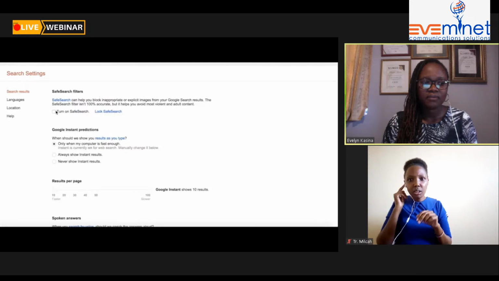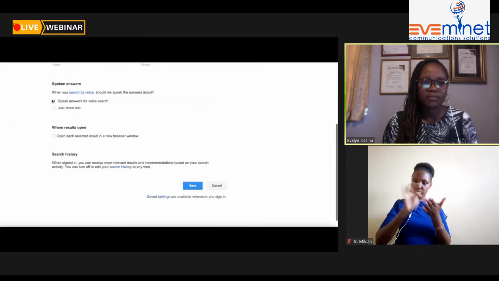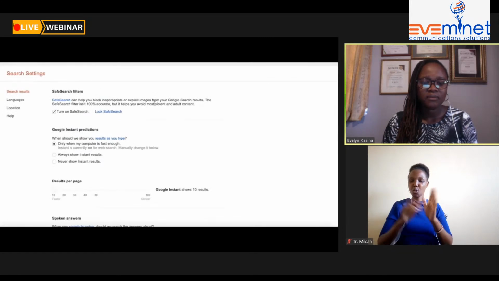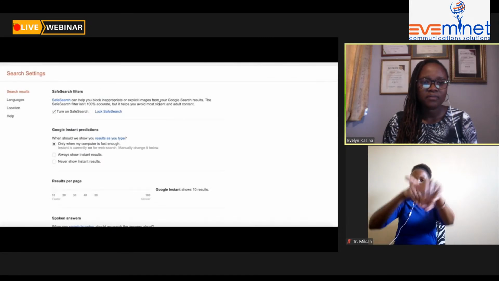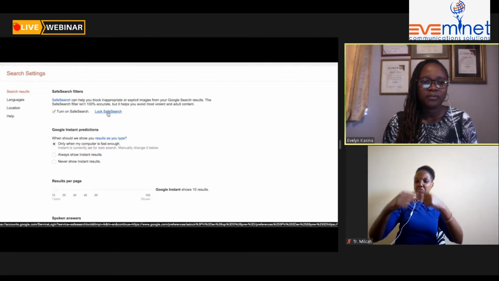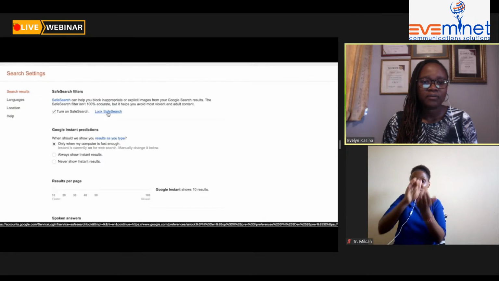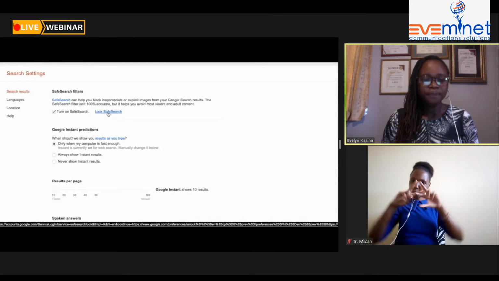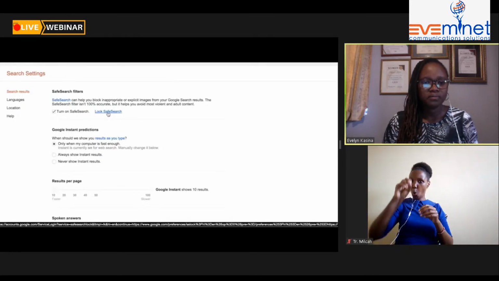Check this box to turn on Safe Search and click Save at the bottom. As Google indicates here, the filter won't catch everything, but it will hide most adult content. You can also lock Safe Search by confirming with your email address to keep children from changing the settings. You can even set Safe Search for your phone browser, iPad or iPhone Google app, Android app, tablet, or Android